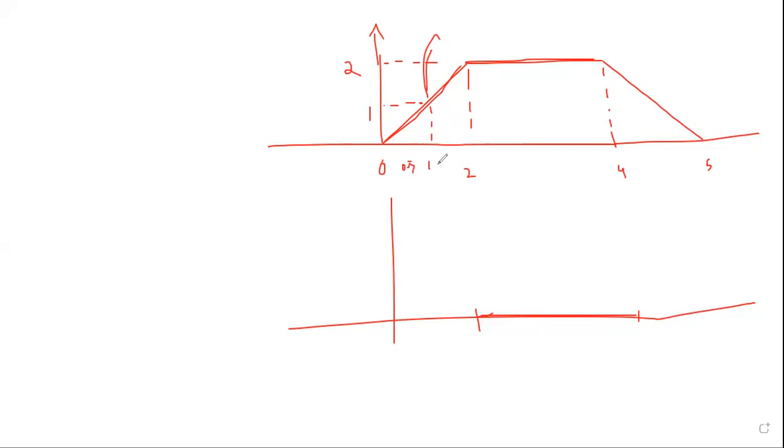0.5. 1.5. At 1.75, what is the amplitude? 1.75. 1.7. So I would say this is equal to t, right? X of t equal to t. So for every change from 0 to 0.5, how much does the amplitude change? From 0 to 0.5, amplitude also changes by 0.5. From 0 to 1, amplitude changes by 1. From 0 to 2, amplitude changes by 2. So x of t, I will say is t.